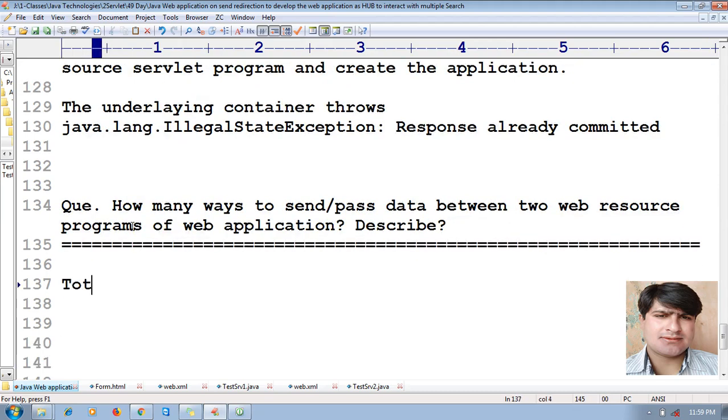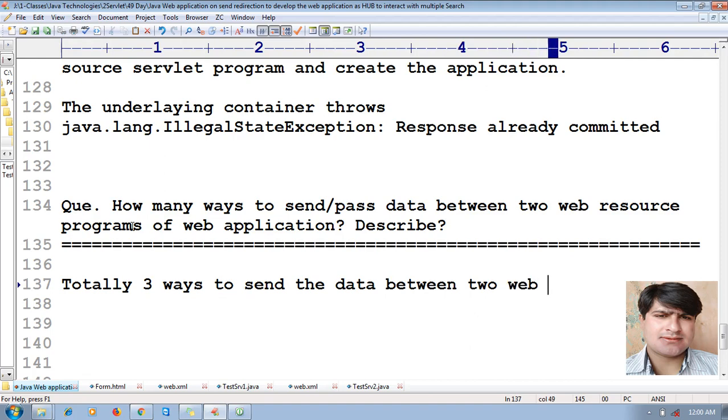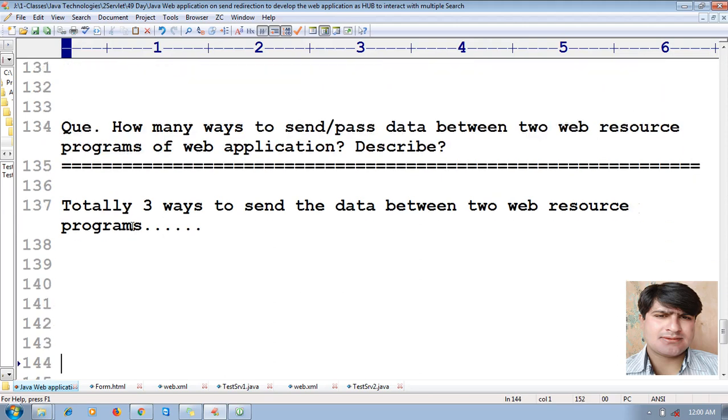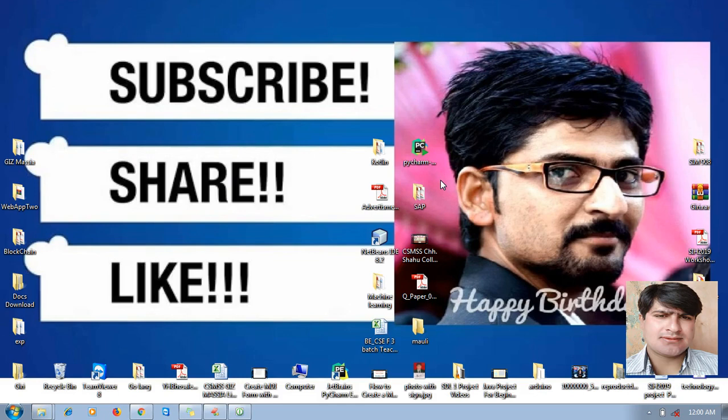So what are those different ways? First is by using request attributes, second by using session attributes,